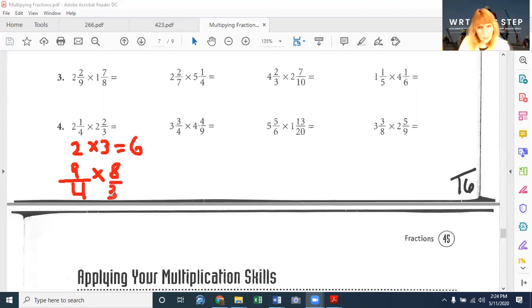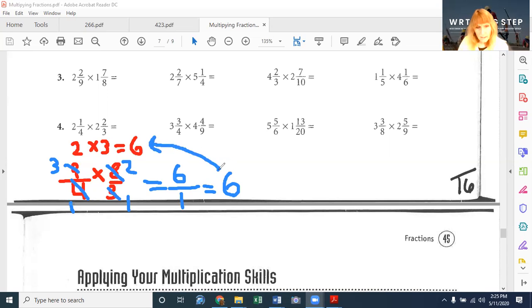And I see there is a little bit of canceling that can happen, which is good. So we're going to go ahead and do that. So 9 divided by 3 is going to be 3. And 3 divided by itself is going to be 1. 8 divided by 4 is going to be 2. And 4 divided by itself is going to be 1. And I'm left with, on the top, 3 times 2, or 6. And on the bottom, 1 times 1 is 1. So 6 over 1 is really 6. So look at that. We are exactly right. This one turned out, our estimate was the exact answer to the problem. Okay,